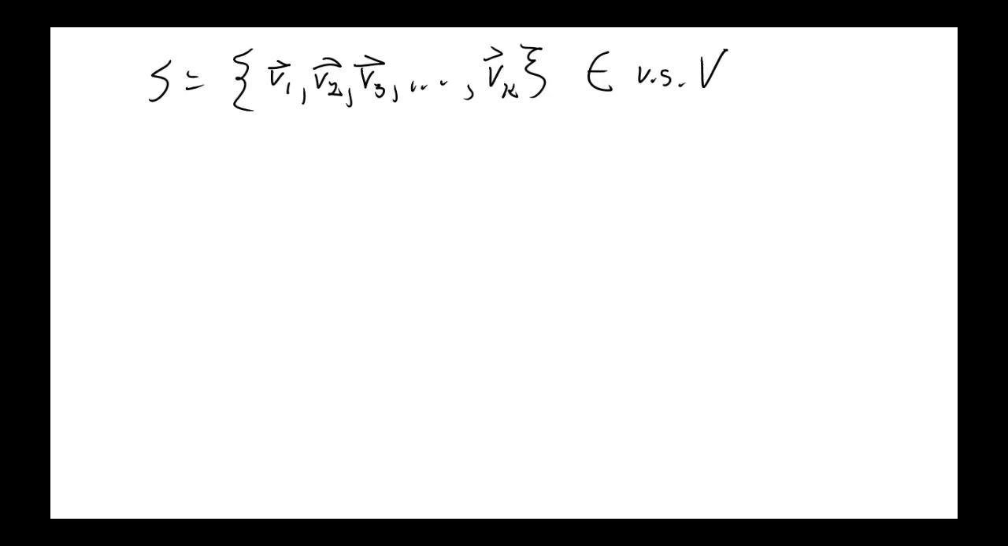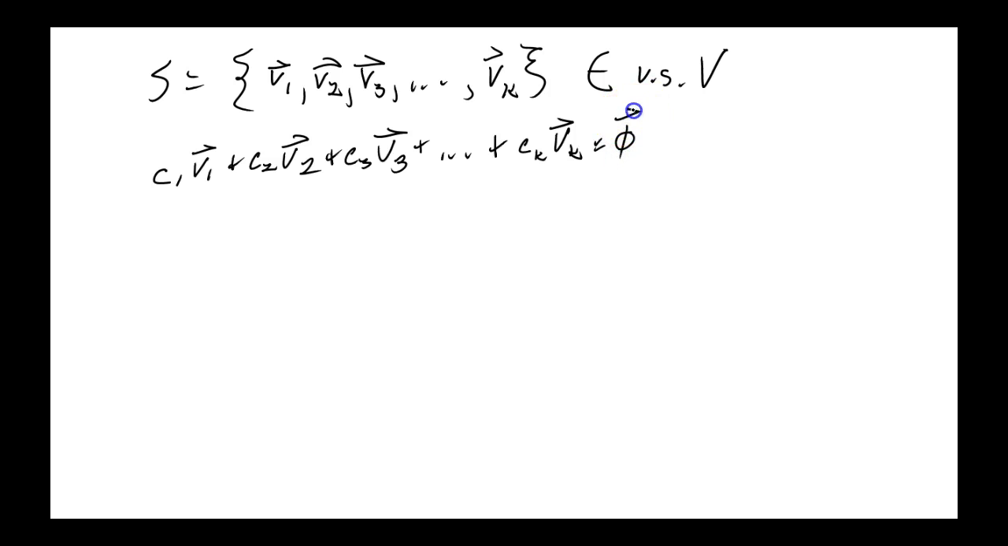For that set of vectors, the vector equation C1 V1 plus C2 V2 plus C3 V3 plus ... plus C sub k V sub k equals 0, and that's a 0 vector because it's a sum of those, always has the trivial solution, for sure. When C1 equals C2 equals C3 equals